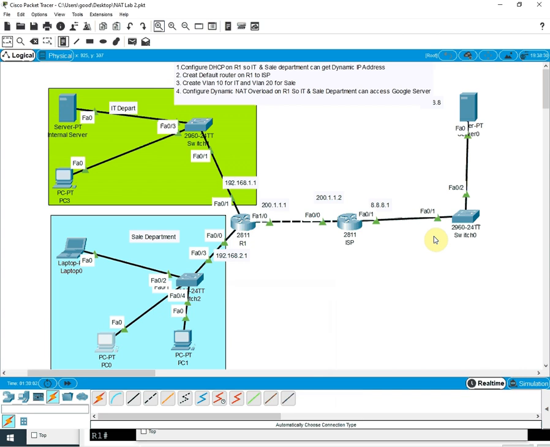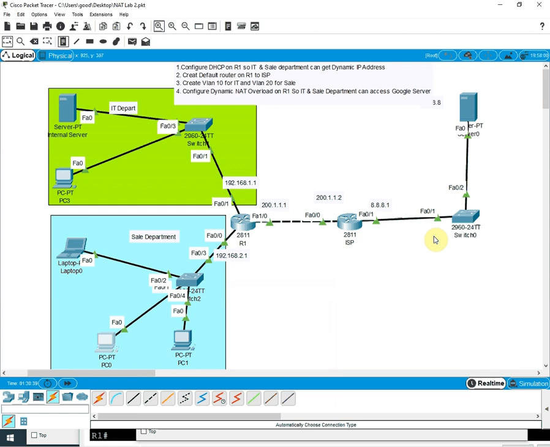Okay. So with the help of this mix lab, we learn so many things, as we already know each and everything because we follow each and everything in our previous videos. That is our CCNA 200-301 series. We already discussed this everything. Now we mix everything in one lab. So let's revise before closing this video. What we done? First of all, we configure the DHCP server in the router R1. So our department, that is IT department and sales department, can get the IP address from the DHCP server. Okay, first point, that one.